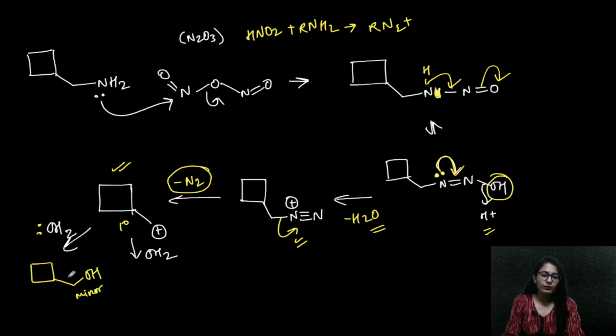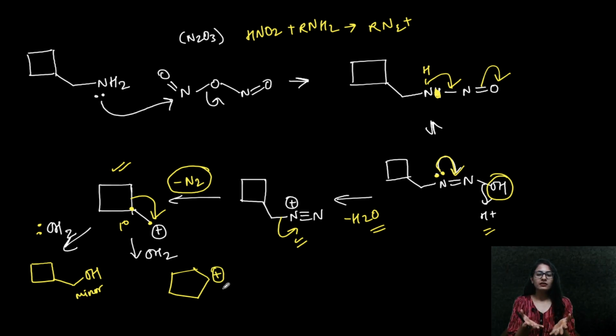Why do you know that? Because this has come from the 1 degree carbocation, which is less stable. There is one more reaction which is possible, that is the rearrangement, and that is why we are going to name this reaction the Demjanov rearrangement. So let's say this carbon is inserted, and over here there is going to be a positive charge, but since the molecule is all symmetrical, you can give a positive charge on any of the carbons, it's going to be correct, right? So this is the whole process of forming a diazo molecule from a primary amine,